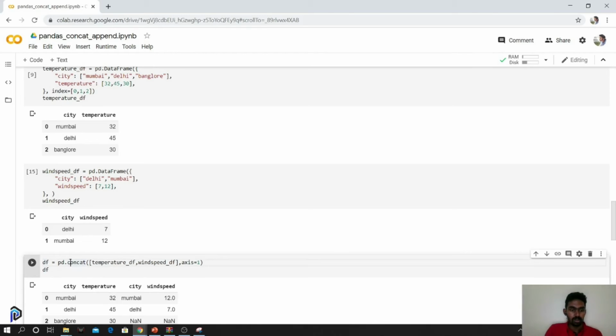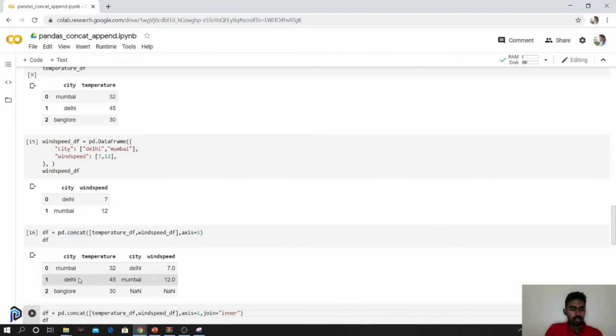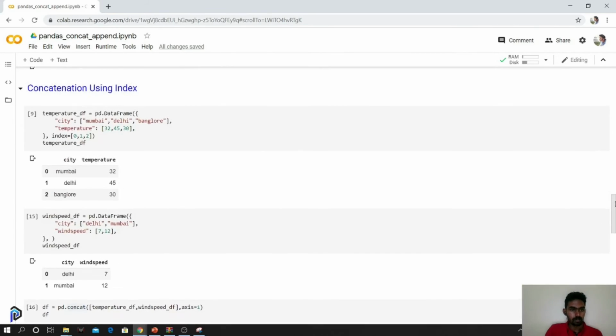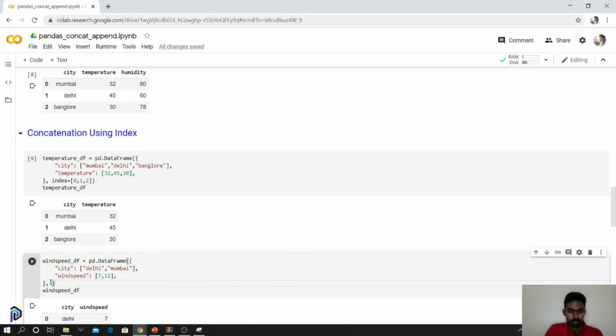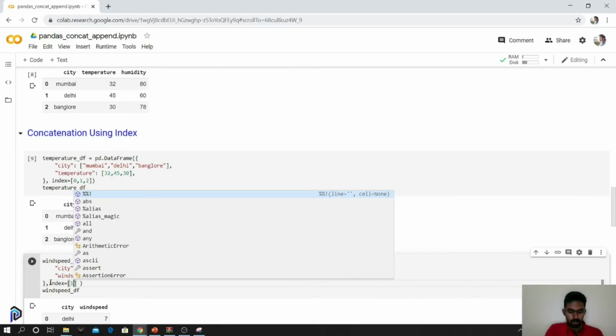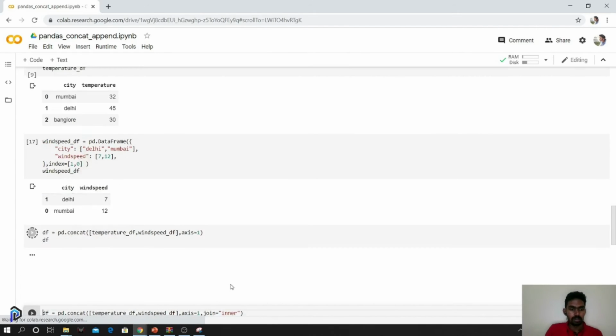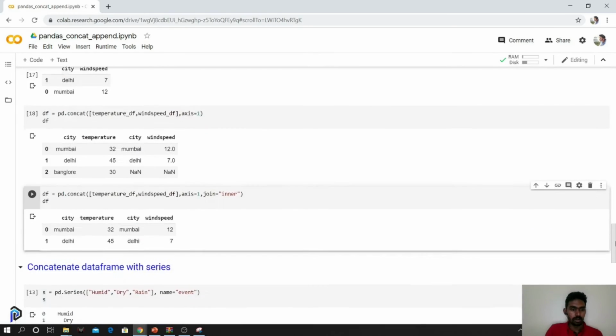So when I'm concatenating without giving the index over here, you can see that the cities are not in the same row. Mumbai is over here, the next Mumbai is over here. We don't have the alignment that we want. So it's very important that you give the index value so that it is maintained throughout. This problem can be solved by using merge, which we'll be looking into in the upcoming video. It's very hard to maintain the index by ourselves, so it is solved by the merge function. Okay, now we have maintained the order. I hope it's clear to you.